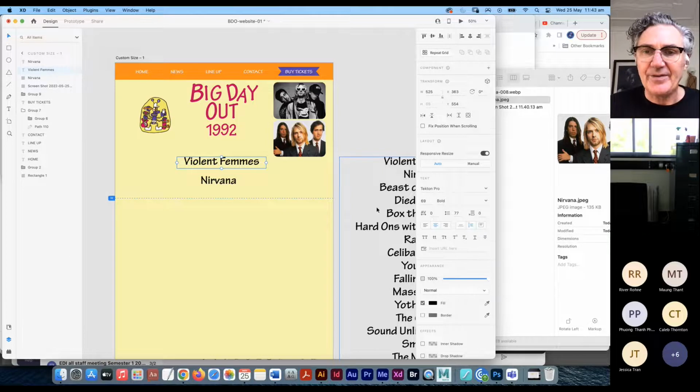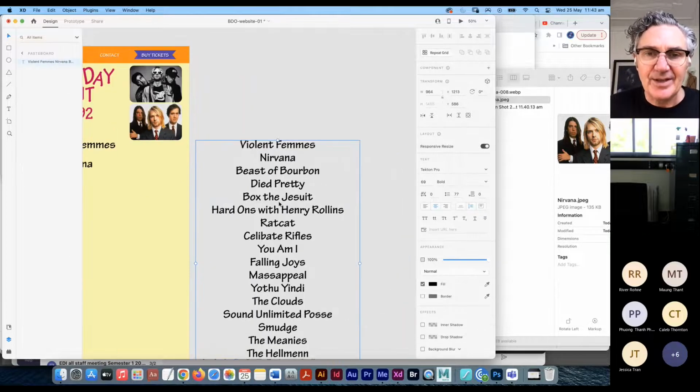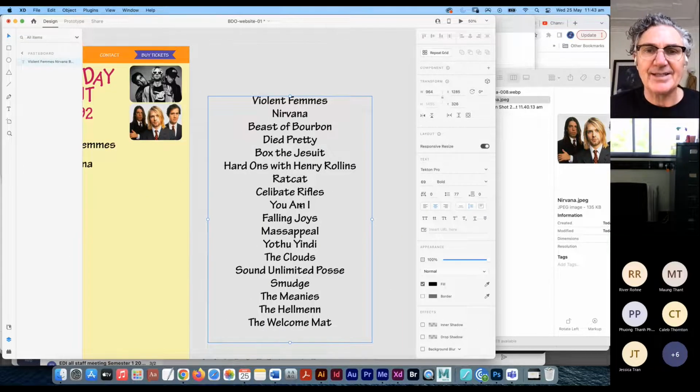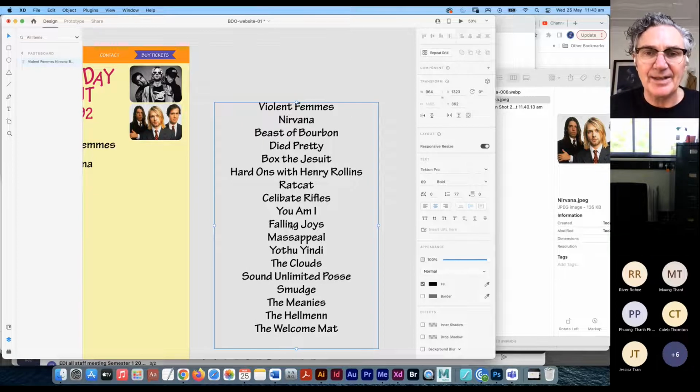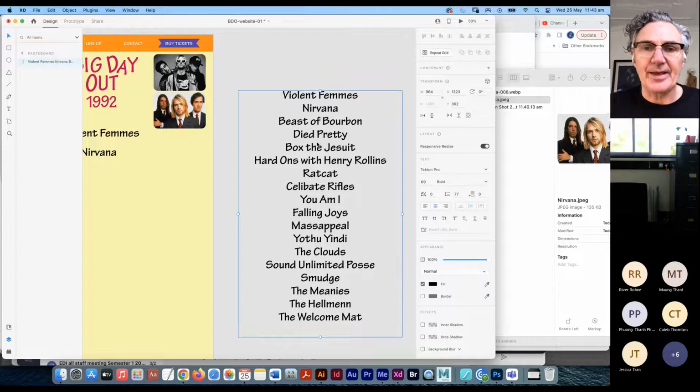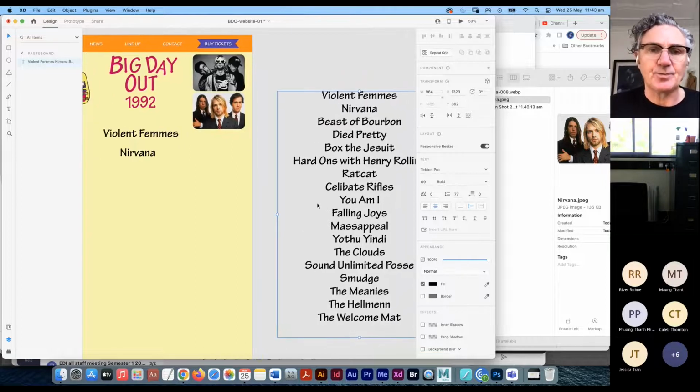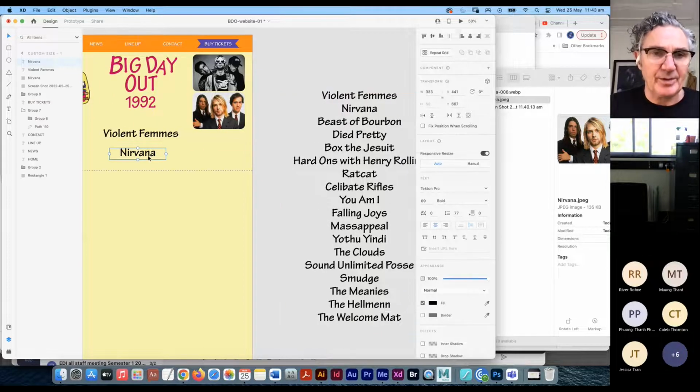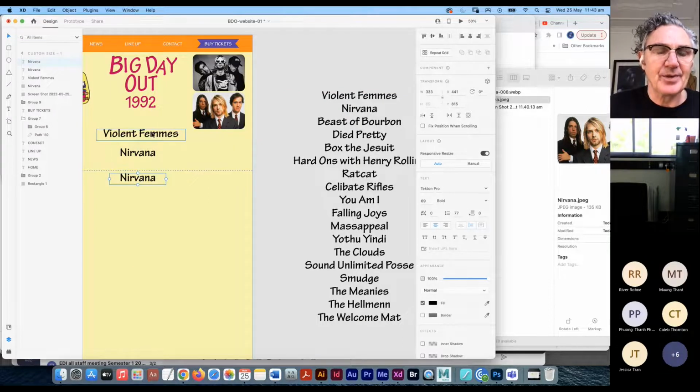The reason being, if I have this as a button, the whole thing is selected. It's all one big button. That way I can't select individual bands. So what I want is I'm going to make a page that has